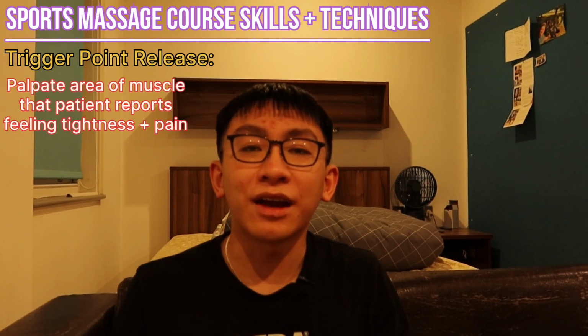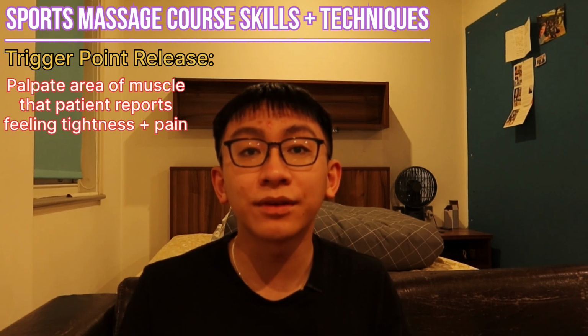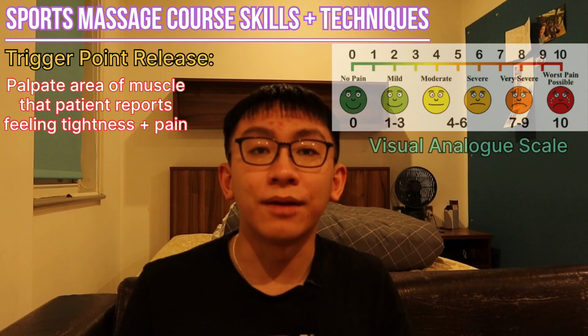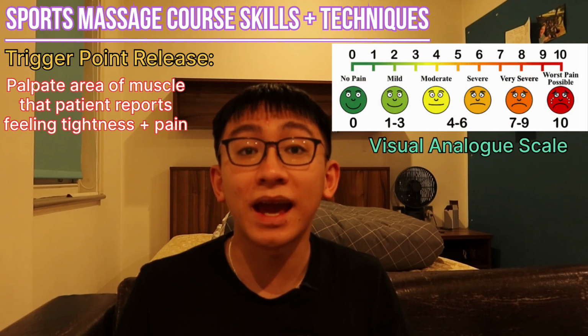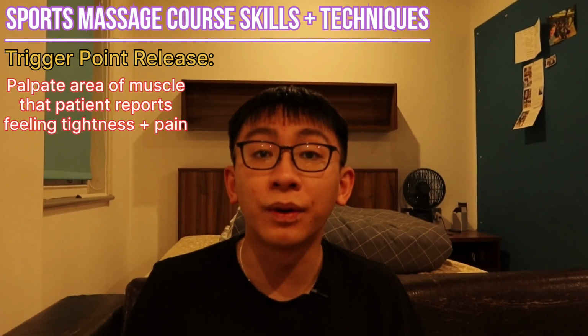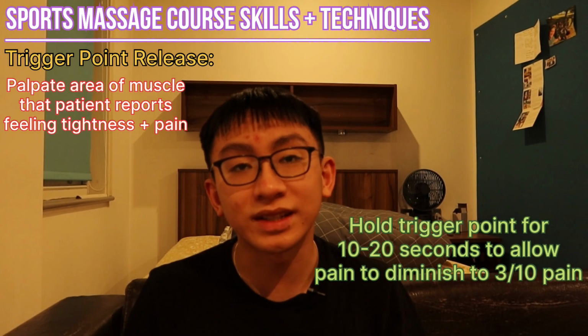When you feel an area that feels tight, you ask the patient, do you feel a bit of pain in there? Once the patient reports the pain, say, I'm feeling kind of 7 out of 10 pain on the visual analog scale, then you've found the trigger point. Once you've found it, hold the trigger point by pressing on it for around 10 to 20 seconds